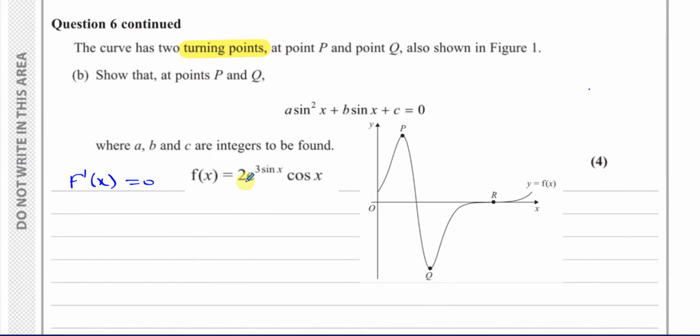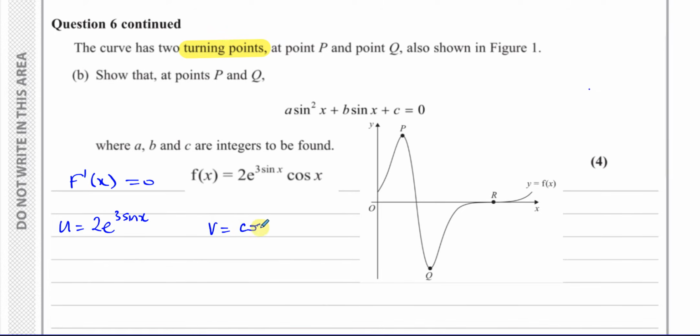Okay, so we have e to the power 2 e to the power 3 sine x and cosine x. They are two functions which are not related to each other. It's not like a function inside another function, so we have to use the product rule. We can call one of them u. I'm going to call 2e to the power of 3 sine x as u, and v is going to